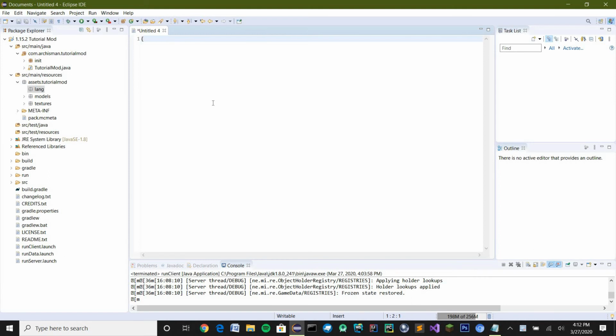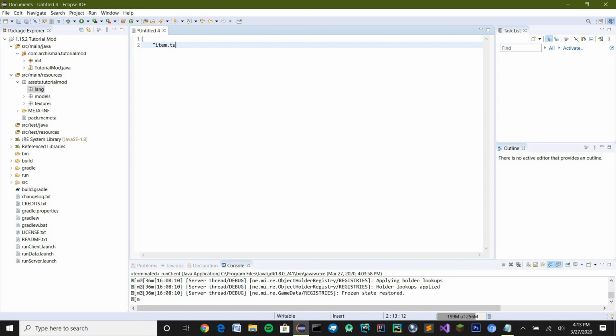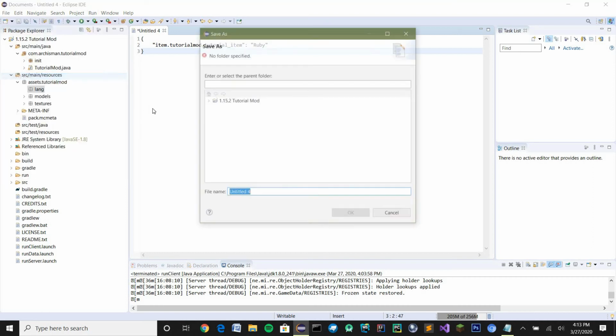And here you want to add a set of curly brackets, press tab and then say item.tutorialmod, your mod name, and dot your item name, so tutorial item. And that is going to equal your item name in game. So my item in game is going to be Ruby, because I'm creating a Ruby. And then add the curly bracket again. And then you're going to save this JSON as